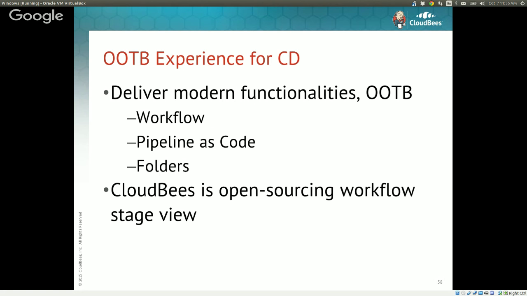So there's the workflow functionality. I think we are actually going to rename it as pipeline, as that seems to be the industry's common terminology nowadays. And I talked about pipeline as code, right? I really think that kind of pitch resonates with today's audience a lot more: more people trying to do things based on code, trying to remove the state out of the Jenkins instance and so